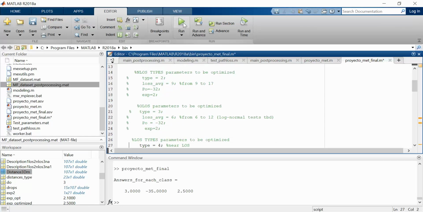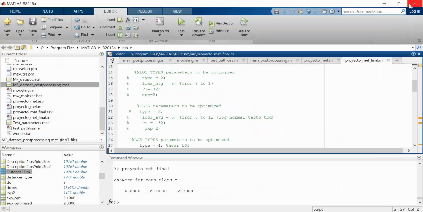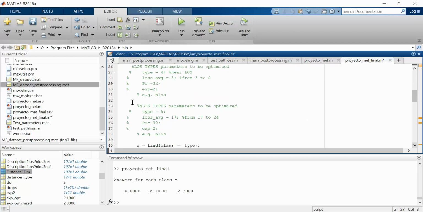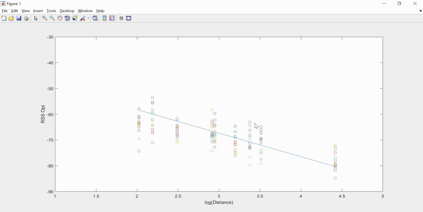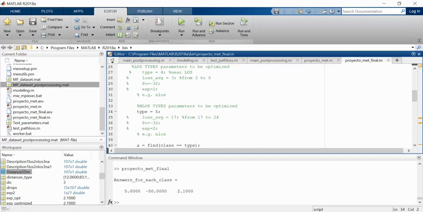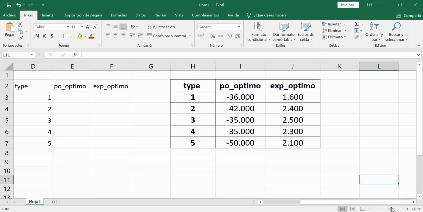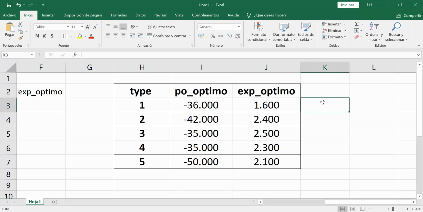Number 4. And for the number 5, we make a little chart with the values to make a comparison and to check the results